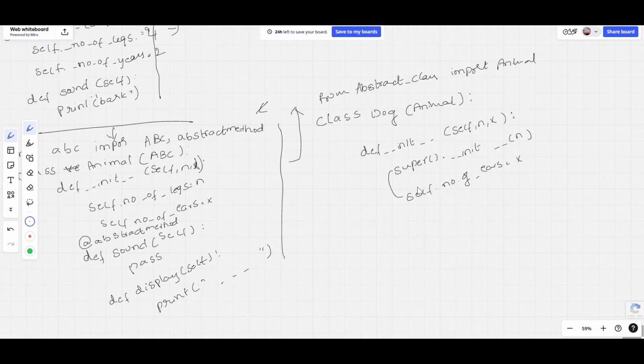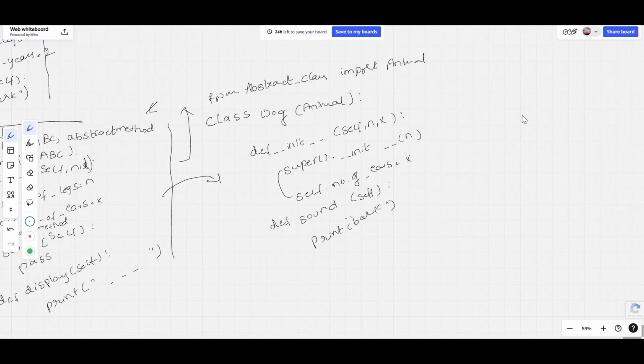These are the two ways that you can take the value. And again, def sound(self) and print that bark. This is how we can use an abstract class in a normal class. And how can we call this and how can we print this? We can call it in the way